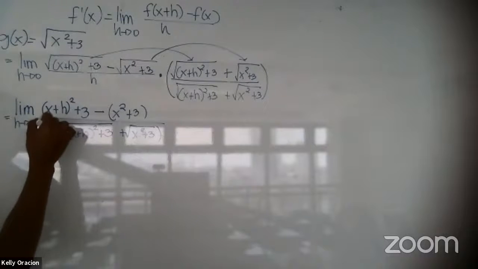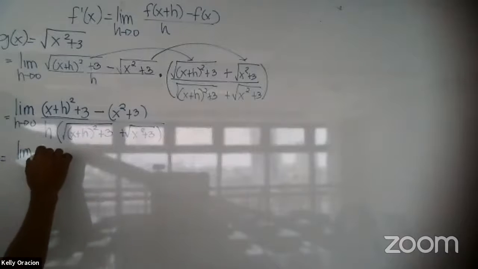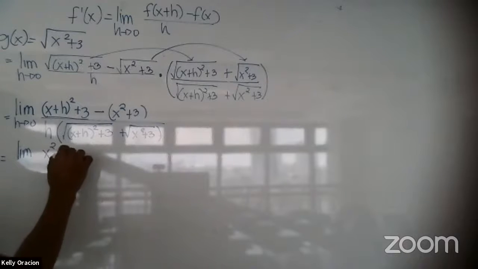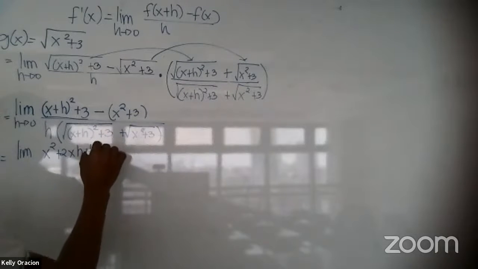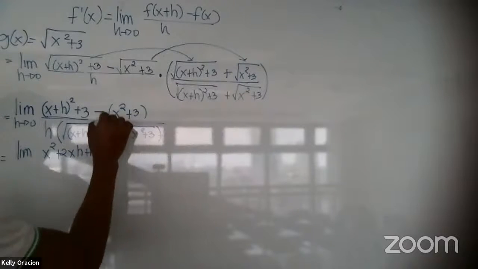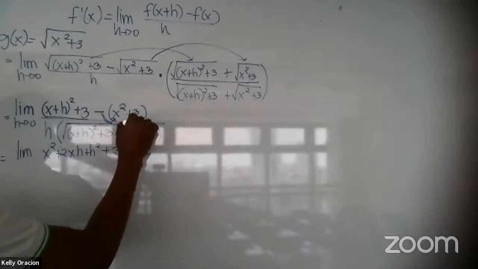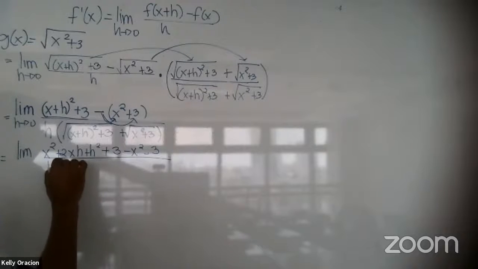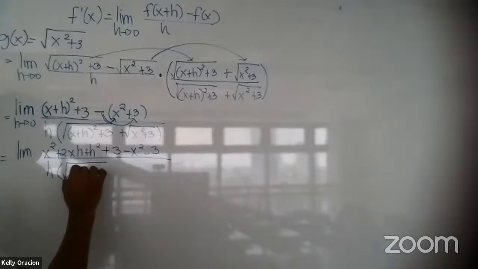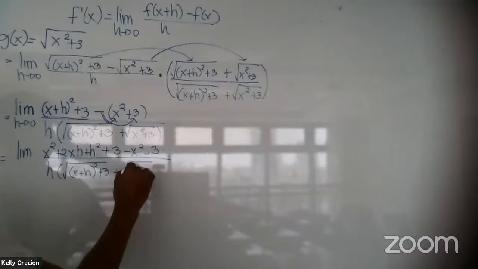Next, simplify this one. X squared plus 2xh plus h squared plus 3. Distribute, it's negative x squared, then minus 3 over h times x plus h squared plus 3 plus square root of x squared plus